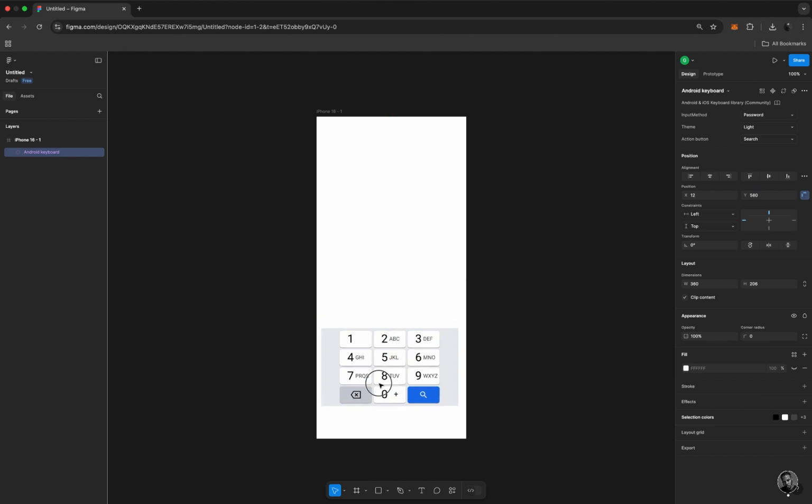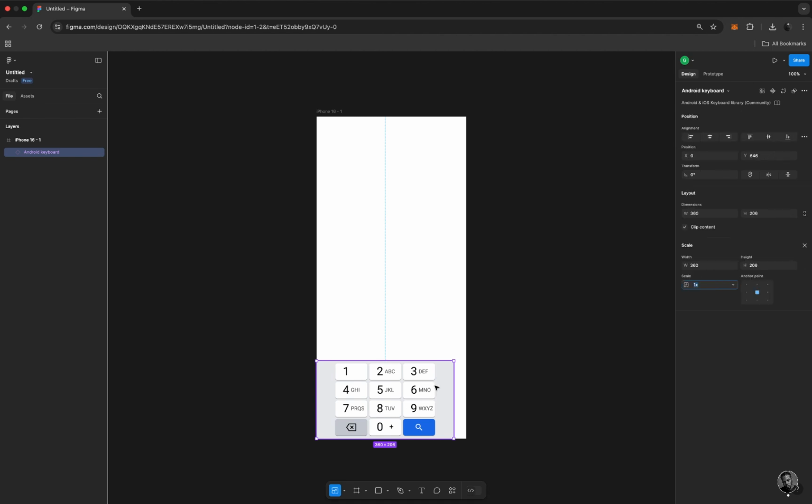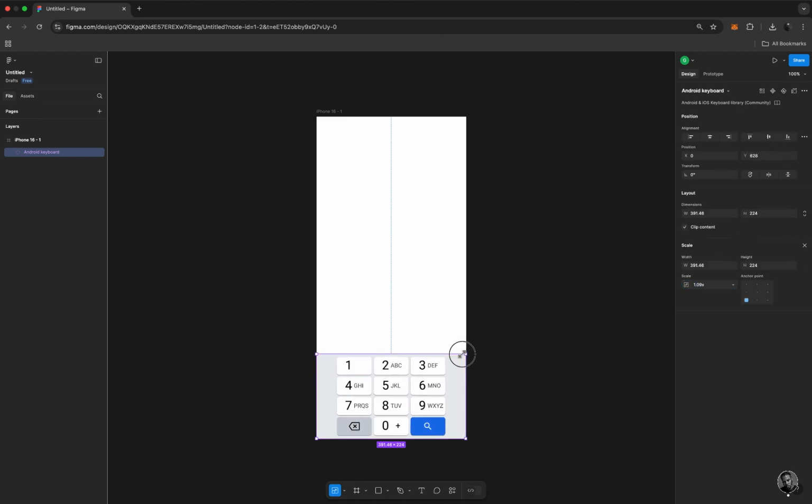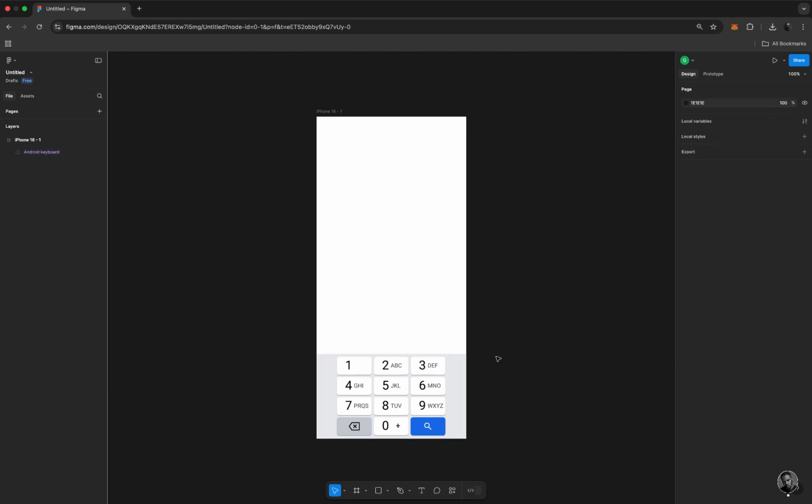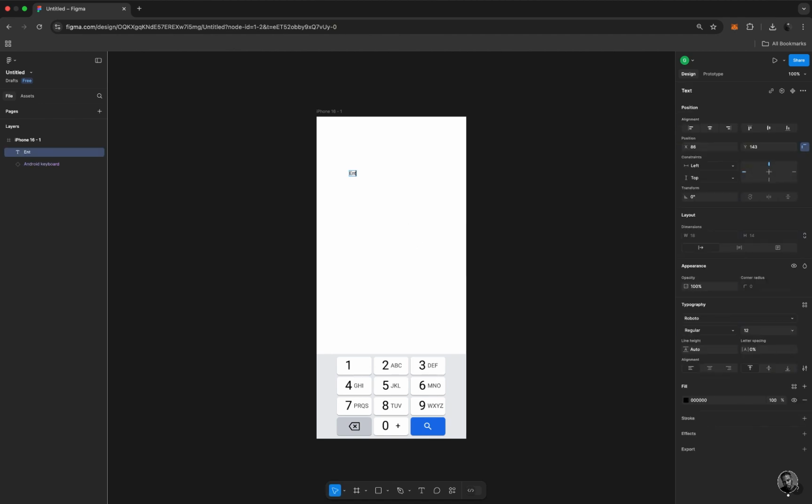So I'll just quickly drag it down like this. All right, I'll drag it down like this, then tap K on my keyboard to scale. K for K2. All right, then I'll scale it up like this till it aligns with the entire artboard. Right, nice. So let me quickly type here, say enter